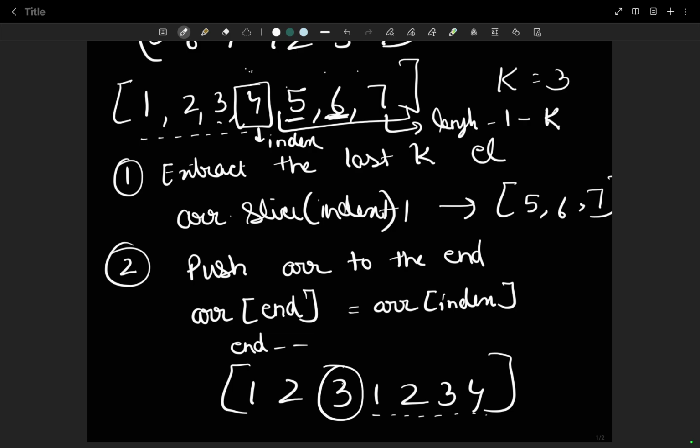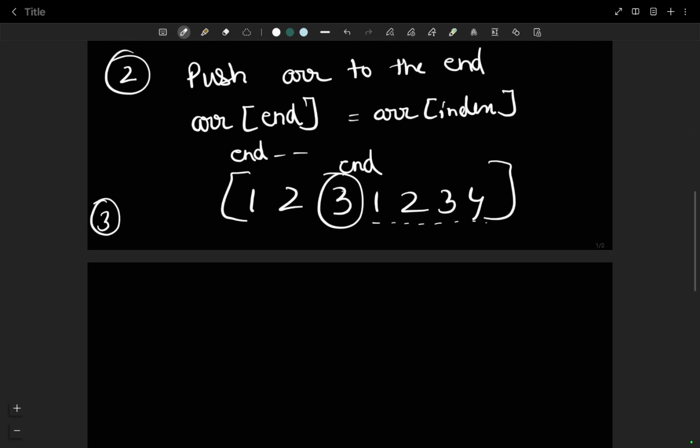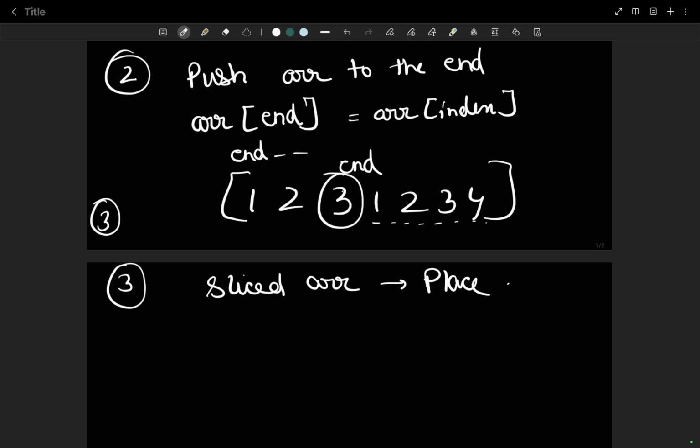Now our end points here, and we also have this extracted array. The third step is that whatever the extracted or sliced array we had, we have to place it at the start, or in the beginning, of the array.